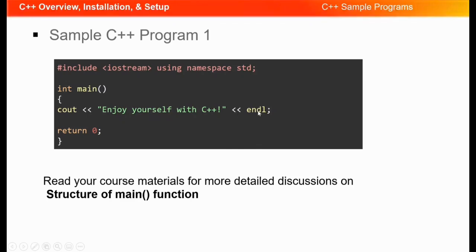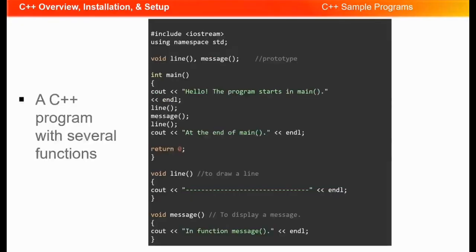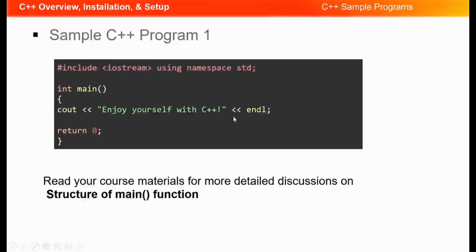Now, what do you think endl means? It actually means end line. So we are adding a line break. The left arrow separators are just separating the elements. And we have cout, which prints to the console. So that's basically printing the text on the console. In order to use cout, we have to have access to the iostream. And this is why we included this preprocessor directive.